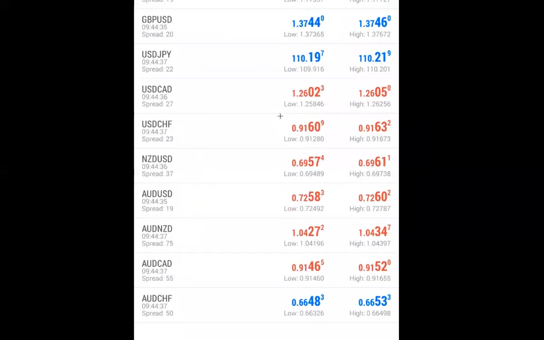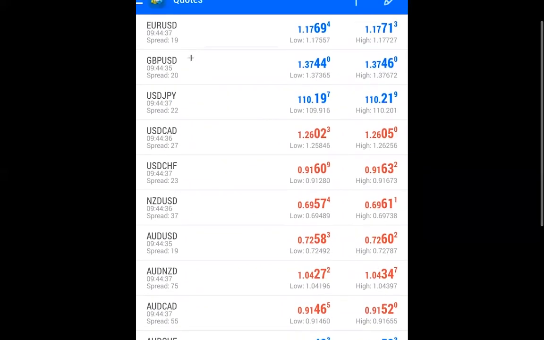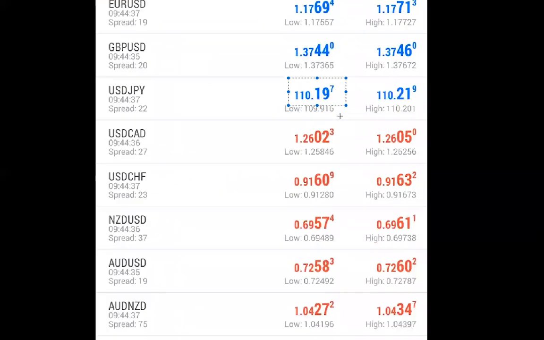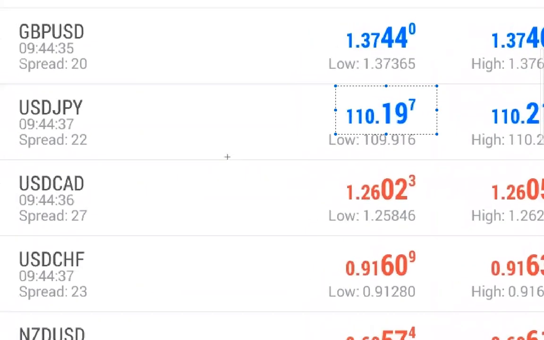But if we look at this currency pair here, USD JPY, it's got JPY in it, making it a JPY pair. Now, the reason why there's only 2 types is because of how their prices are listed. If I can just zoom in. Okay, so USD JPY, this is one of its prices here. As you can see, the price is different from a non-JPY pair here, which is GBP USD. For non-JPY pairs, they are listed in 5